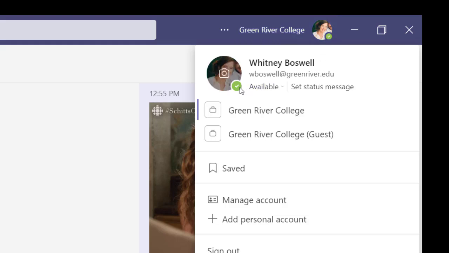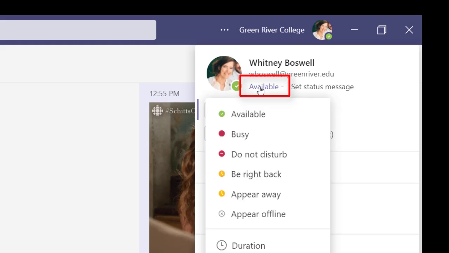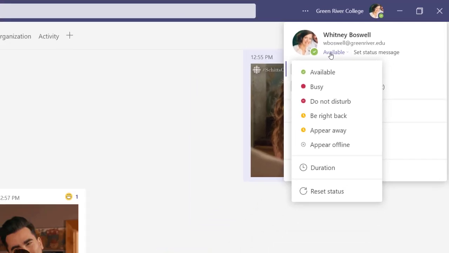Now, once you have that, you'll be able to see this little circle of green or orange or red or yellow, and that is your availability status. So to change it, you'll just click directly on this, whatever it says. Now, what Teams does is it takes your Outlook calendar and it automatically connects it to your availability status in Teams. So there's some automatic ones, which if you have a scheduled meeting, if you have time off, it will automatically pull that into Teams based on your calendar.